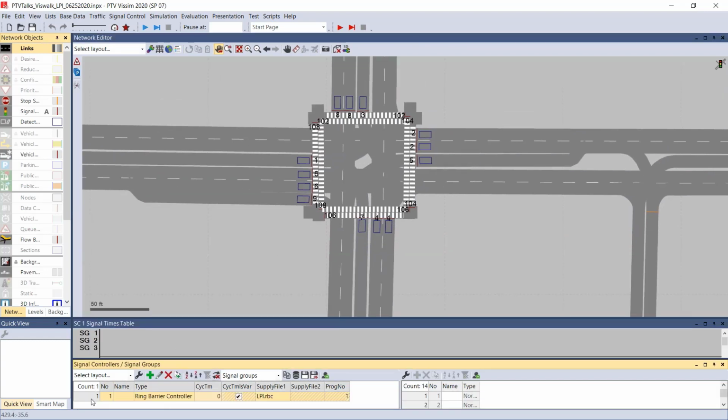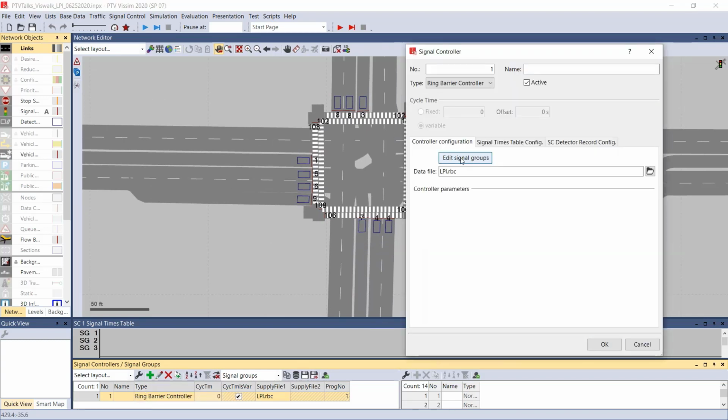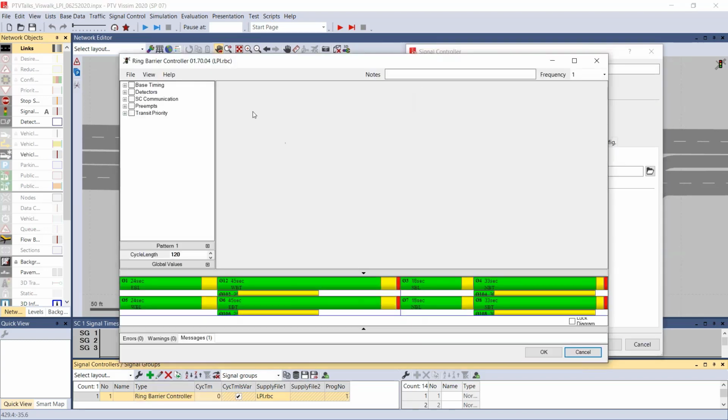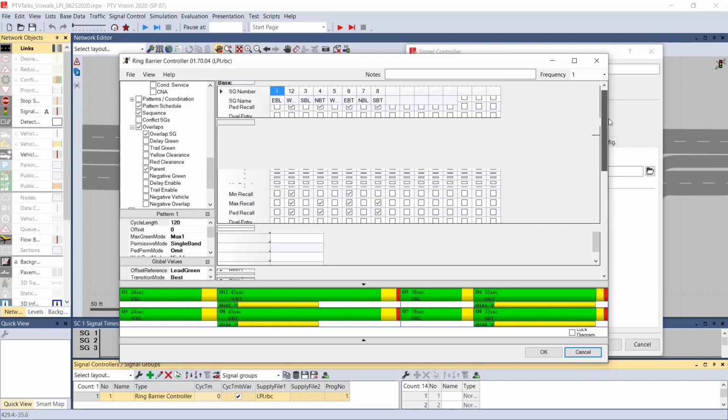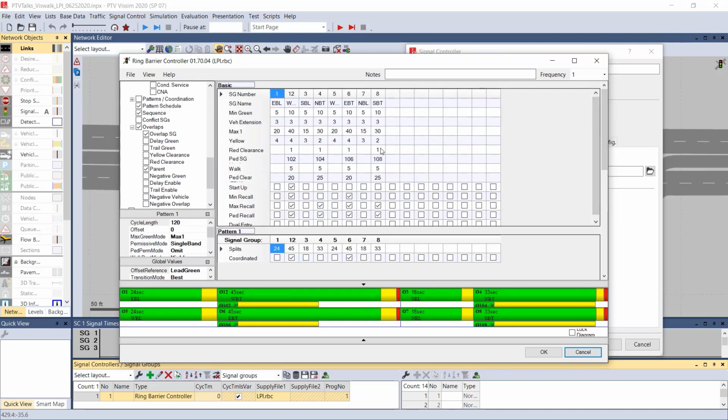So in our signal controller, we have an LPI coded for phase 2. I'm going to open up my signal controller, my RBC, and hit basic view. This is just the basic timing, and this is really mostly all that you need